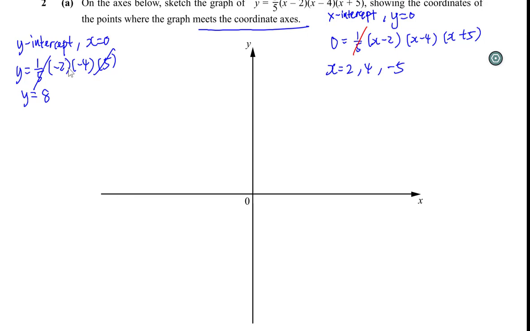Then the next thing is you need to determine what this graph is. Is it cubic, quadratic, or linear? Then we will see the highest power of x. So the highest power of x for this one will be